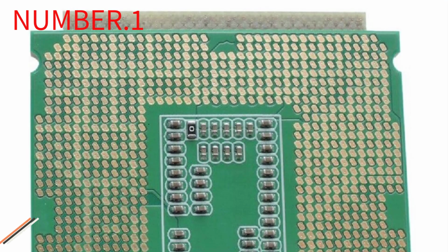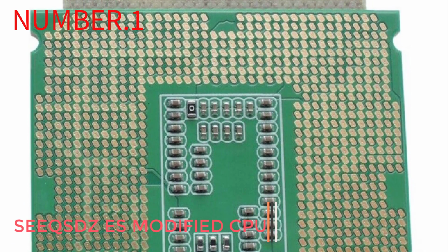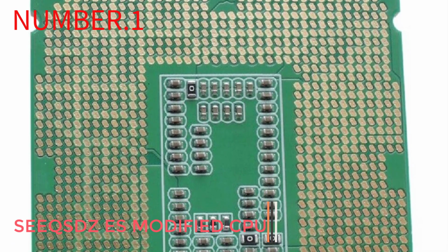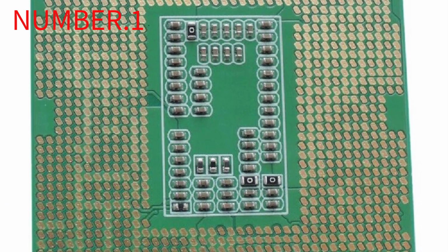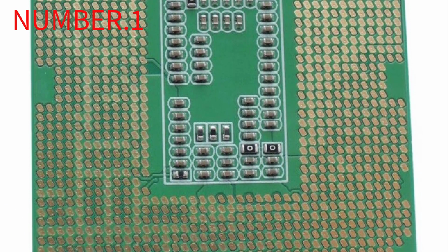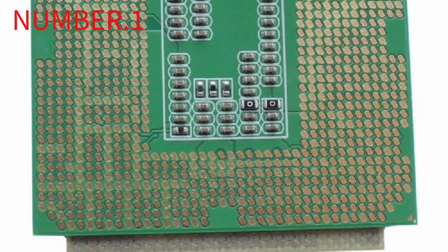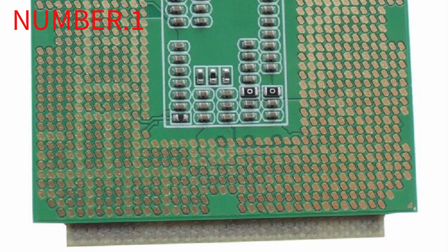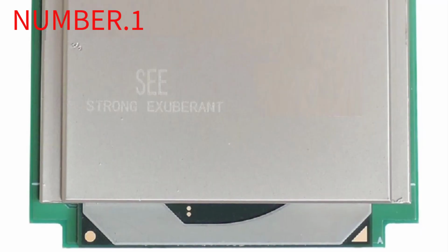Number 1. Xeon modified CPU. If you are willing to pay top dollar for only the very finest of central processing units, there's nothing on the market that beats the 16-core Goliath on pure power. Not even the Ryzen 9 5950X, which is, to credit Intel, even more expensive, can match the primo 12th gen's mix of single-core and multi-core